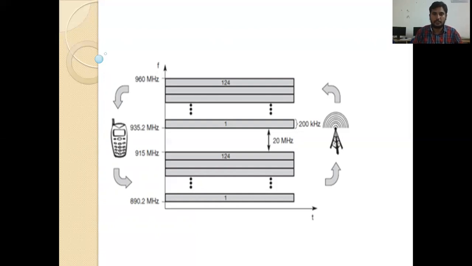Why is the space left empty between these channels? I think you guys have the real experience. For example, you are listening to a song on 98.3 FM radio, you move to 98.4, and that particular song is audible. Moving to 98.5, the song is audible, but with a bit of disturbance. So from 98.6 up to 98.9, 98.9 up to 99, the sound is audible, but a disturbance occurs. That means a collision occurs between the two channels.